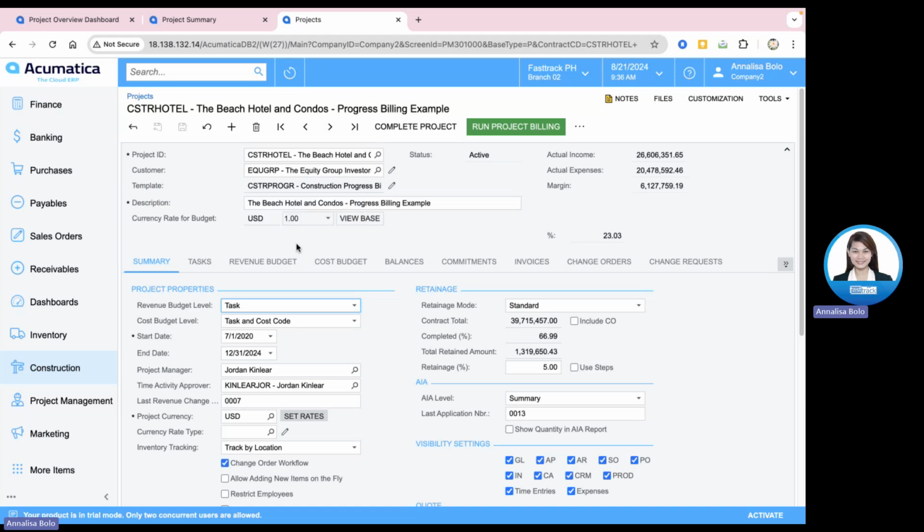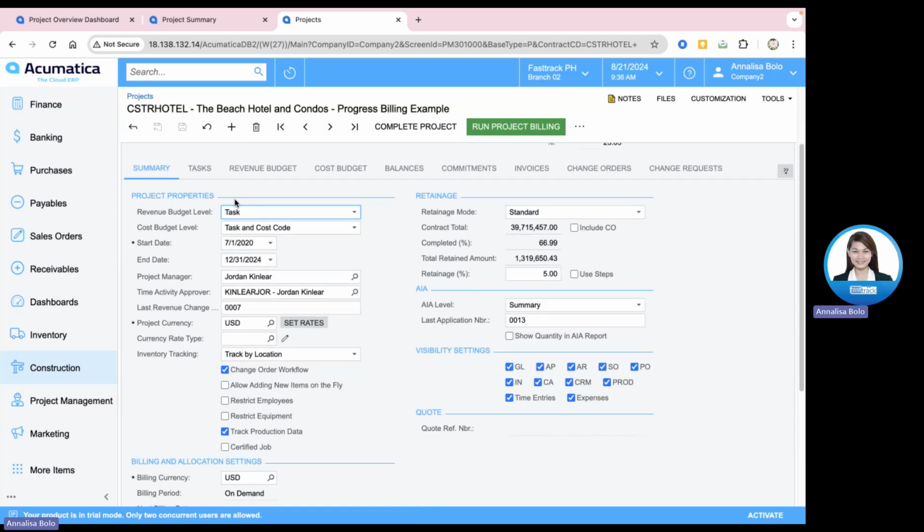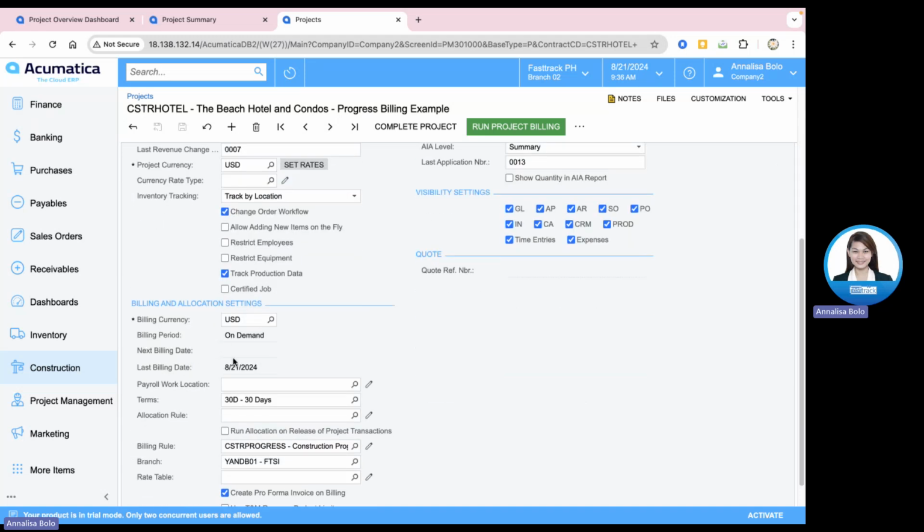Maybe you already have a previous project that is similar to the one that you are creating now. So once you create a project, you can just select the same template, pull out this information, and once selected, it will also pull up the same data for the project properties and billing and allocation settings